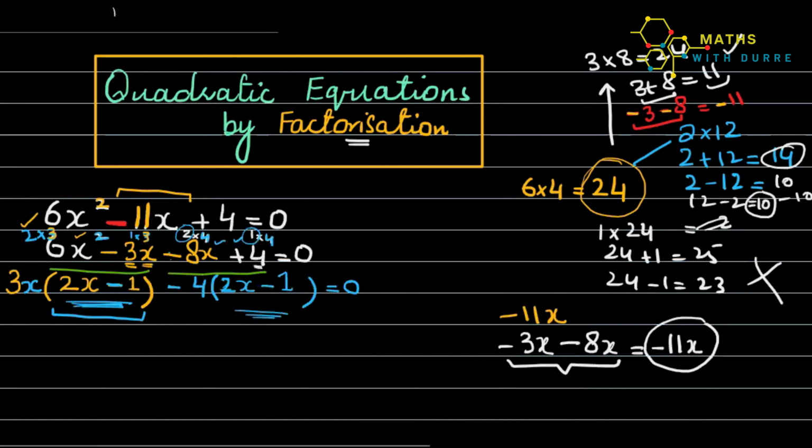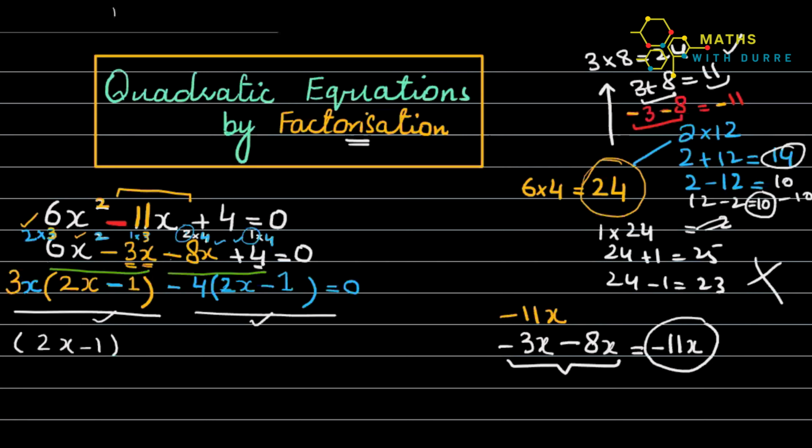Okay, now again, you can apply a group method because you can observe there is one group and there is another group. And you can identify this whole bracket is common in both of the terms. So I will write this 2x minus 1. I will take it out as a common in both of the values, right? And now what is left? 3x is left, I will write 3x here, and minus 4 is left. I will write minus 4 here. Okay, now it's pretty simple.